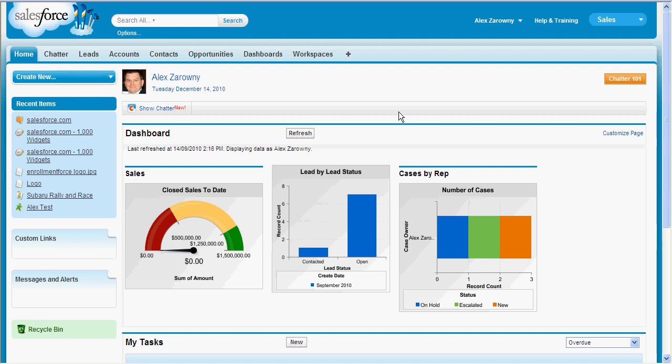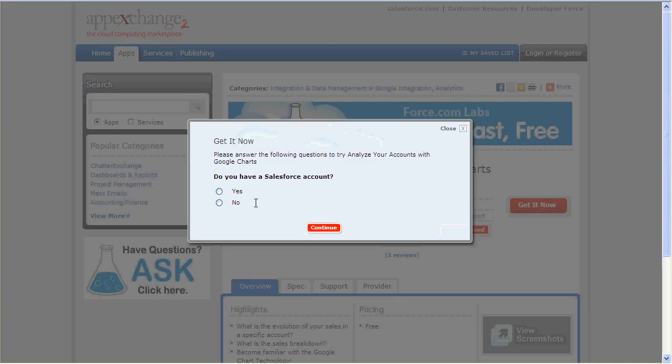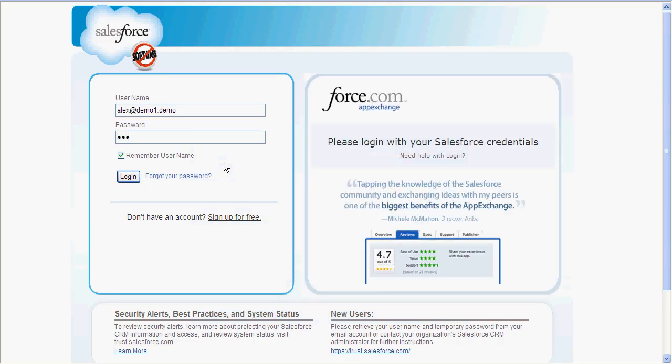Now, if you're not a programmer and you don't want to create all of this right from scratch, you can go to the App Exchange and download something called Analyze Your Accounts with Google Charts. I'm going to go ahead and get this now and install this directly into my production Salesforce instance. As an administrator, I'll put in my username and password,